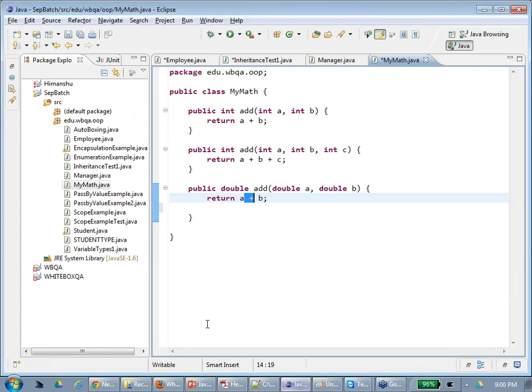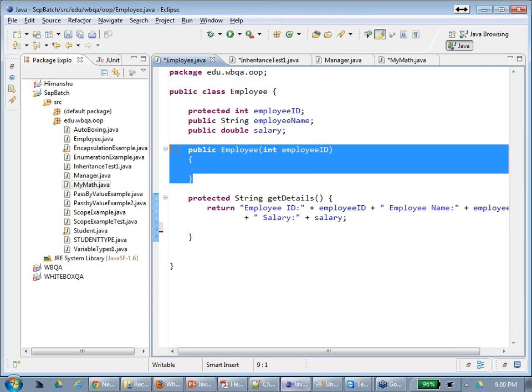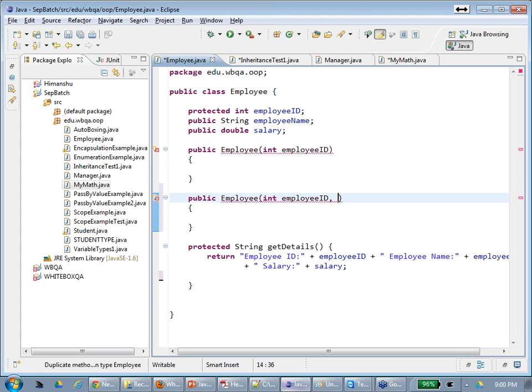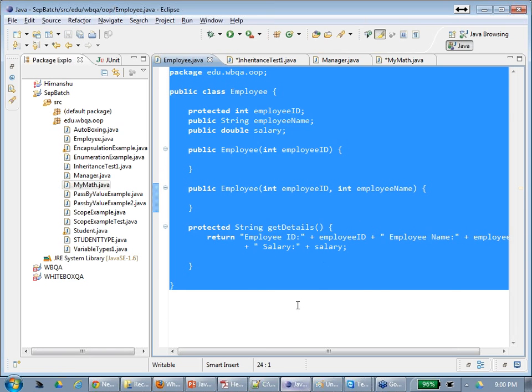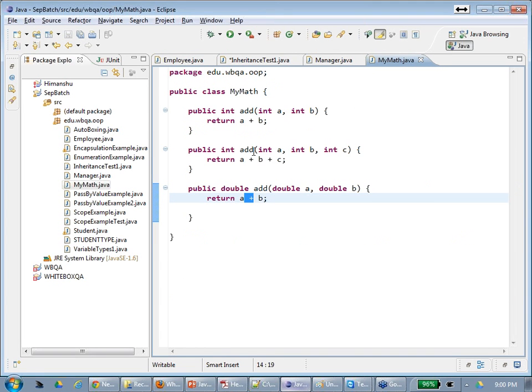Constructor overloading. You can have multiple constructors, right? Constructor is also a method. For example, you can have another constructor, with int employee ID and name. See, this is called constructor overloading. Agree? If you have multiple constructors, see this example. For example, this is int add a plus b plus c, right? I can do add of a comma b and add of